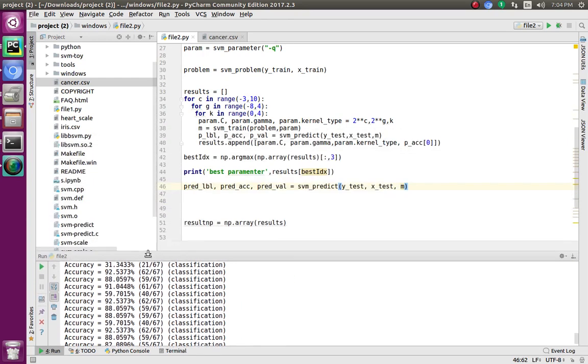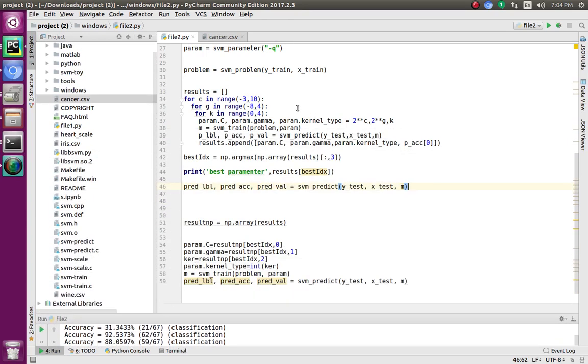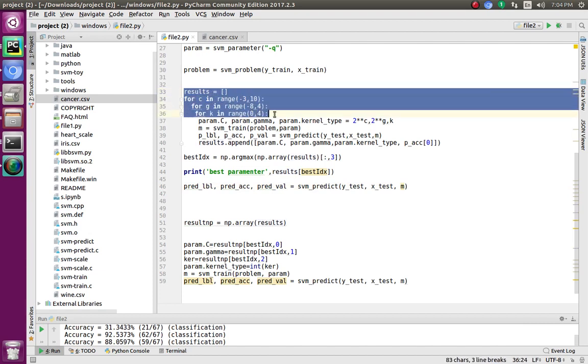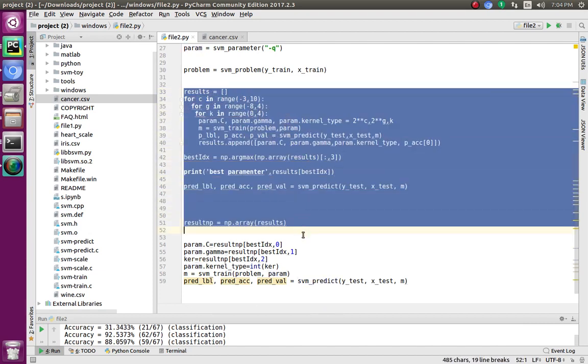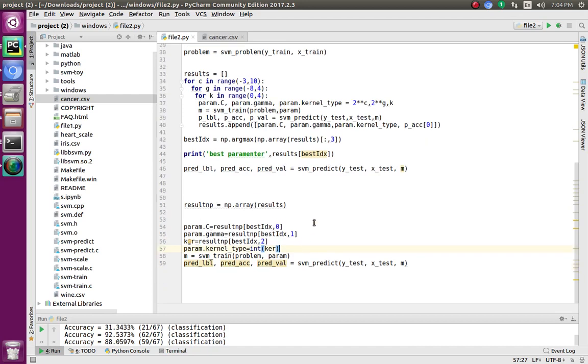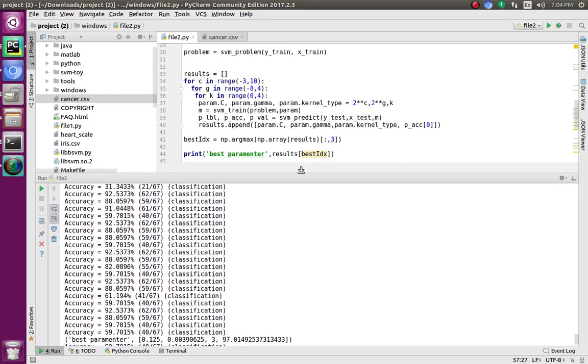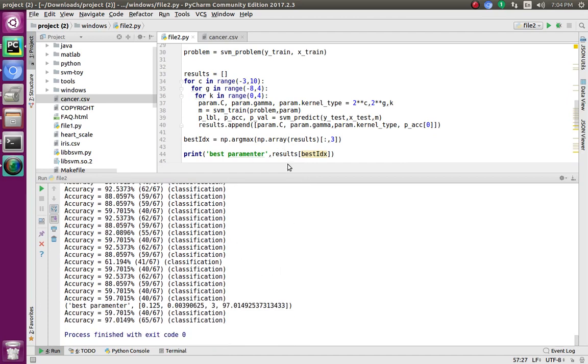So by using this program, you can get the best accuracy by tuning parameters and getting those parameters from the index which gives the best accuracy, and after that using those parameters to train our model. In this way you will get the best accuracy. So you can use libsvm to get good accuracy.